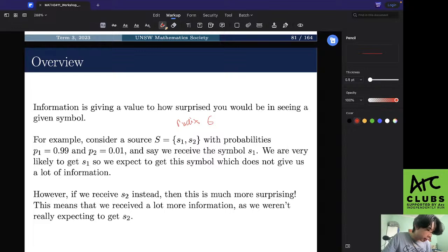Then the amount of information that we get from something like probability of 1% would be given by I of 0.01, which is minus log base 6, because we have radix 6, of the probability. If we put that into our calculators,